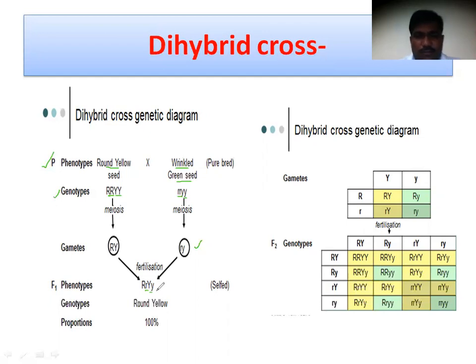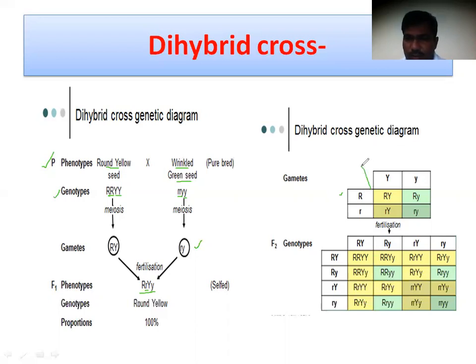Then these F1 individuals or F1 hybrids are selfed, or there is inbreeding between them, to form the F2 generation. So we get different gametes of this F1 hybrid. How to make these gametes? For that,